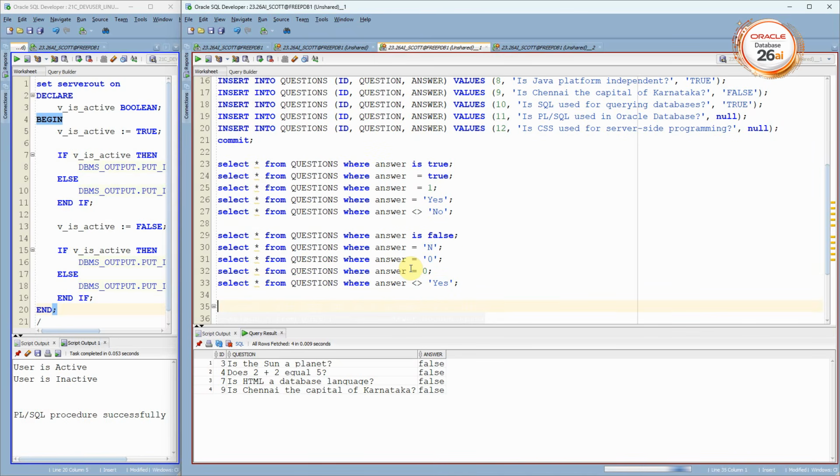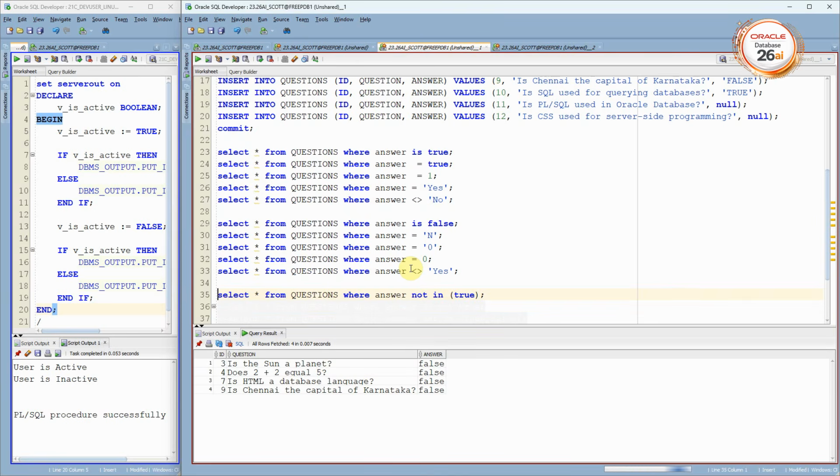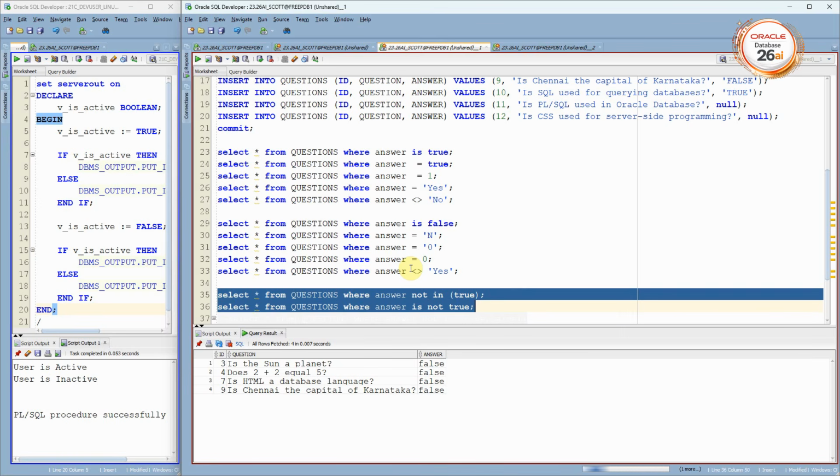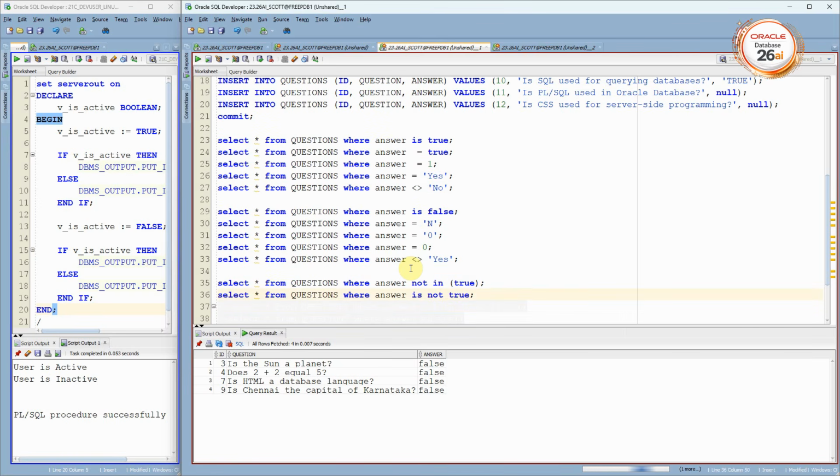Okay, one more very important thing, and here is a very interesting point. I'm saying select star from questions where answer not in true. When I say not in true, it will return the false. However, when you say answer is not true, these two queries look similar, but if you see, the result will not be the same. Not in true will retrieve only the false value, whereas is not true will return false as well as